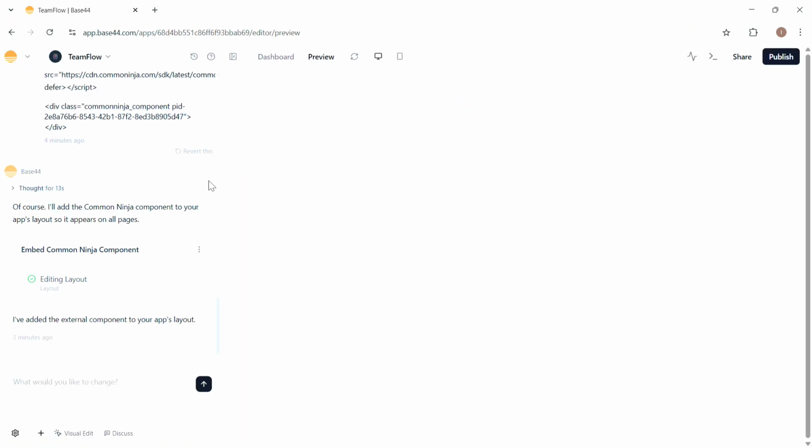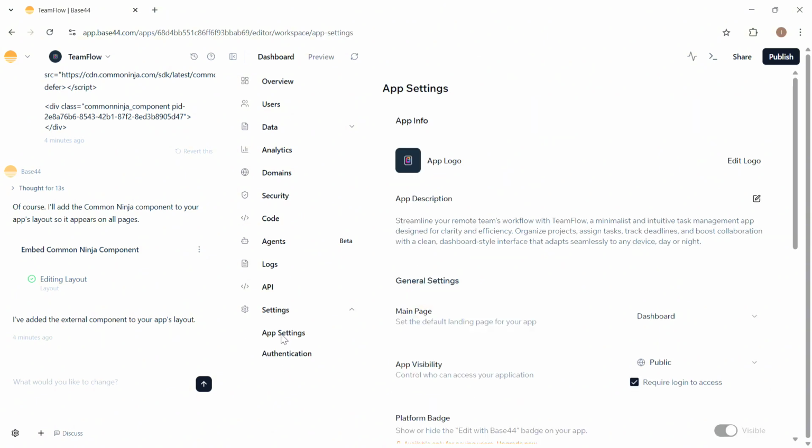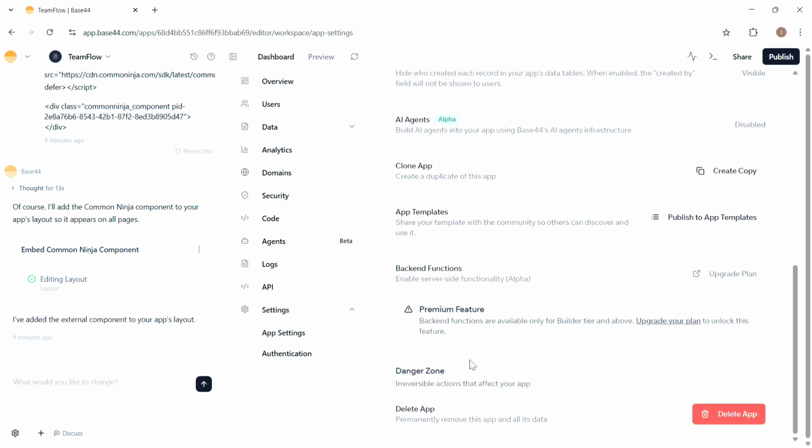So go ahead and click on dashboard from here. So you'll find that at the left side of the preview tab, which you'll find at the middle of your screen, at the top middle of your screen. So you need to basically click on dashboard from here, click on settings under it, and then click on app settings under that. And then scroll down at the very bottom of app settings and you'll be able to find